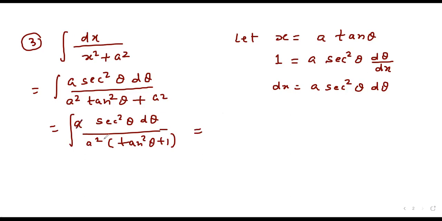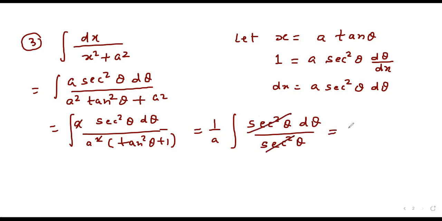So here one a will cancel out. So 1 upon a integration sec square theta d theta divided by sec square theta. The sec square theta will be cancelled. So 1 upon a integration d theta, and d theta will give theta, 1 upon a theta plus c, where